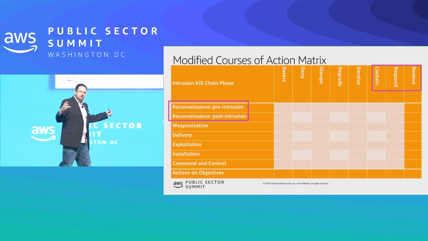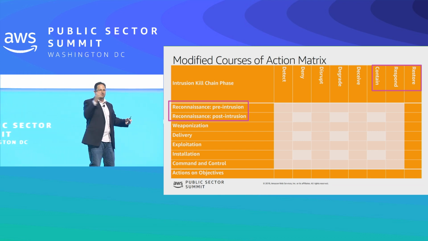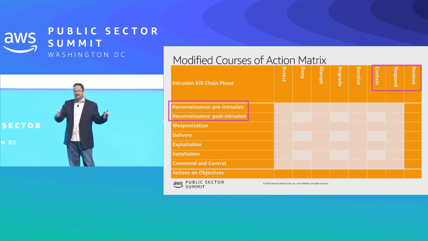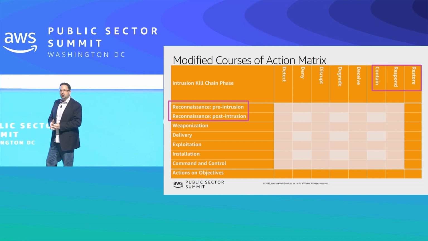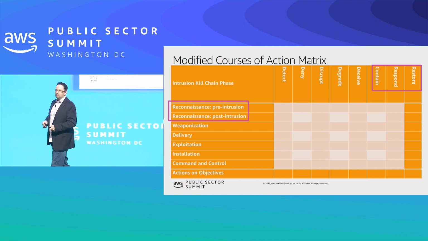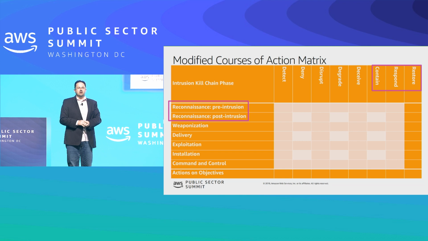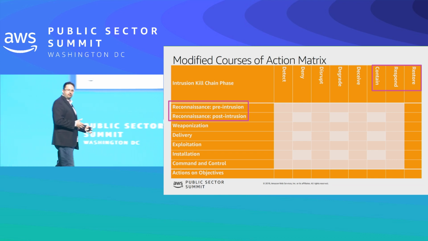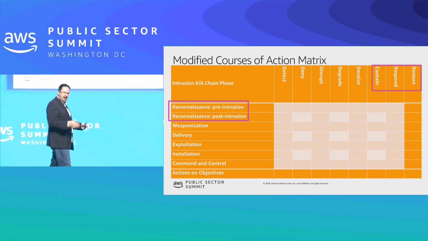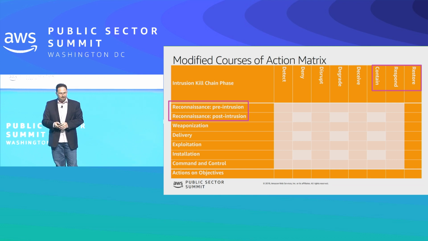Because what we're trying to do is reduce the amount of time between when they actually compromise the environment and when we actually stop them, because that reduces the damage and the cost, okay? And then finally, if everything goes wrong, restore. If they get through the entire kill chain and you're left to clean up the mess, being able to restore your infrastructure and your data back to where it was before as quickly as possible minimizes the cost. So you want to have restore capabilities already planned out.